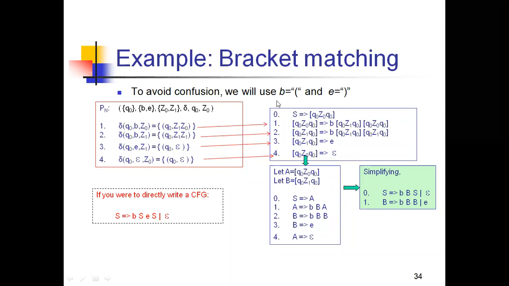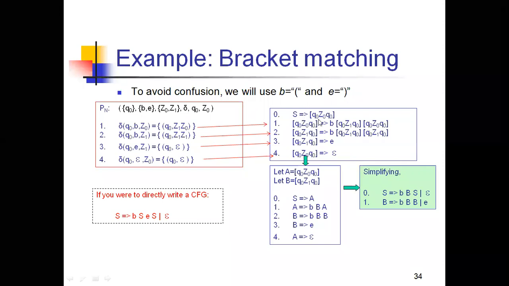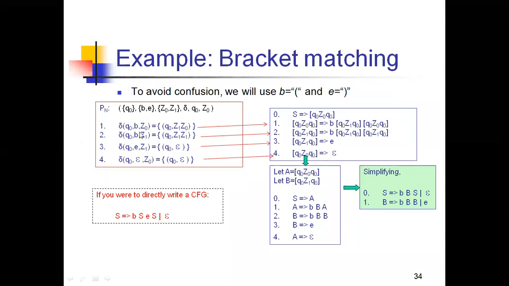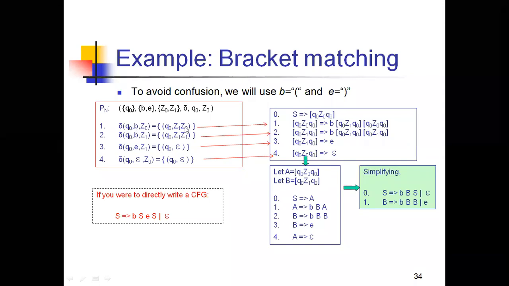I'm just showing you. First, initially you need to start with a starting symbol S, and for the starting symbol S you need to assign the state. The state is from Q naught, Z naught, and Q naught. So initially I assigned this with the S. That means S is defined with Q naught Z naught Q naught, and from this Q naught Z naught Q naught I need to define what the rules are that Q naught Z naught Q naught was defining. So these are the rules I'm taking from the input alphabet as well as the top of the stack, right? So see, again I'm explaining how to write all those.